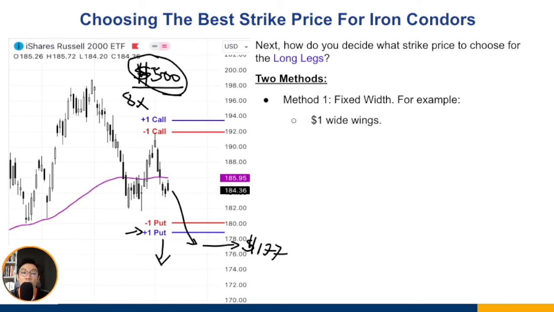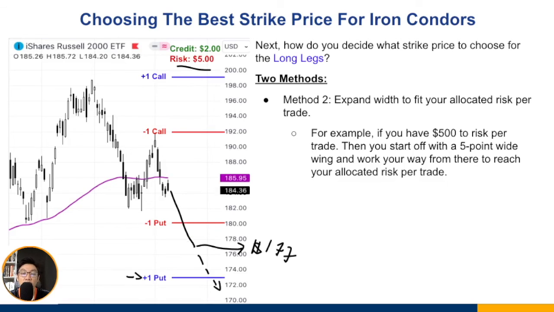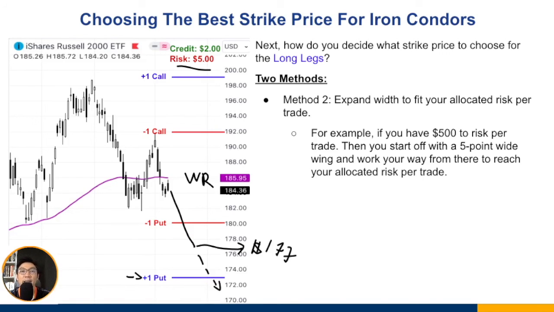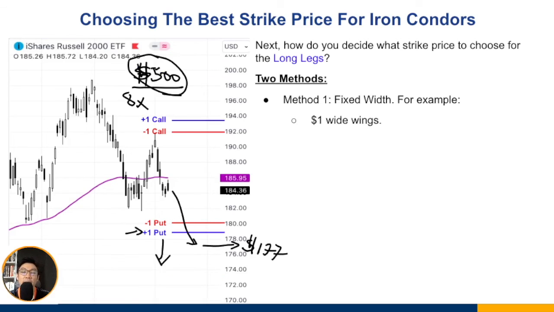But if you are more prioritizing your risk, that means you want to make sure that you do not lose so much each time, but you also stand a very good chance to be in profit, then you want to go for this one. Because one other thing that I forgot to mention is that the win rate, the probability of profit, is actually higher when you expand your wings compared to a very tight Iron Condor with just $1 wide. So I hope that in this way, you now understand why it's actually better to expand your wings when you have much more to risk, rather than stick to a $1 wide wing Iron Condor and just increase your